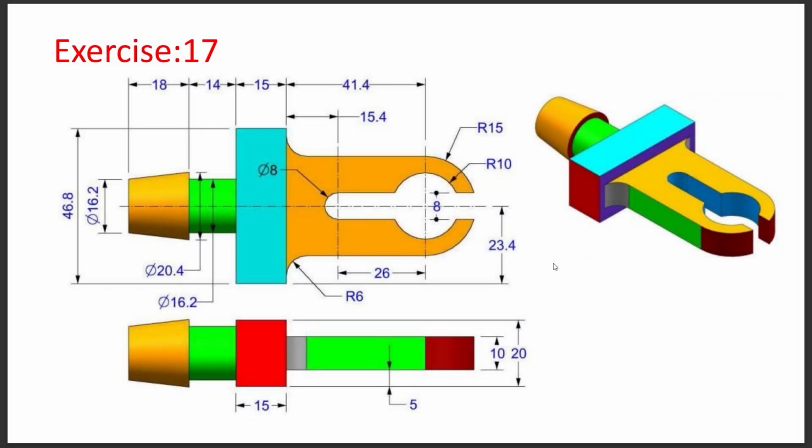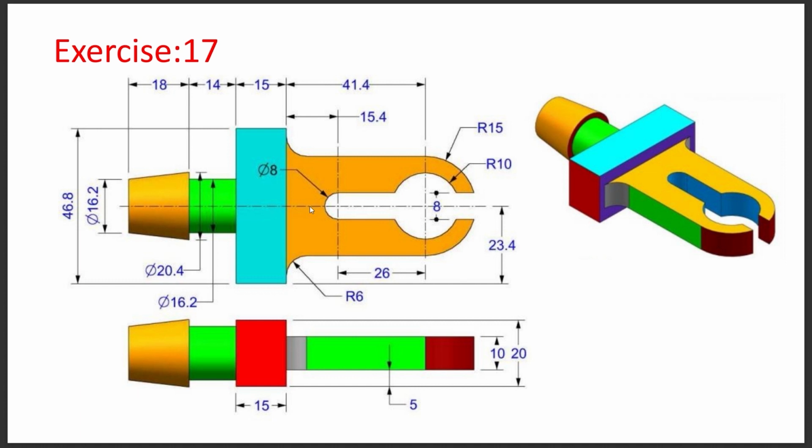Hello viewers, today I'm going to model our 17th exercise and this one will be modeled using Autodesk Fusion 360. You can see three different views are available. This is top view, this is front, and this is the isometric one. It is evident that it is better to start with the top view, and as it is a symmetric one, we can sketch one half of the object and that can be mirrored,